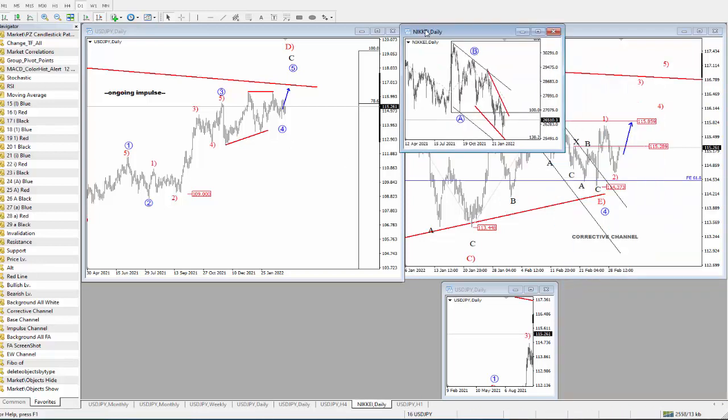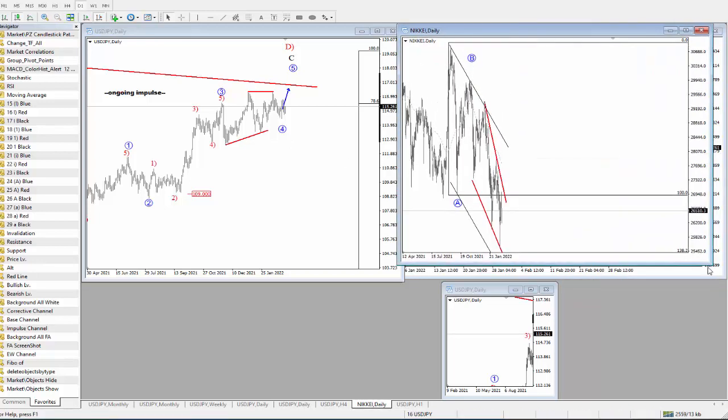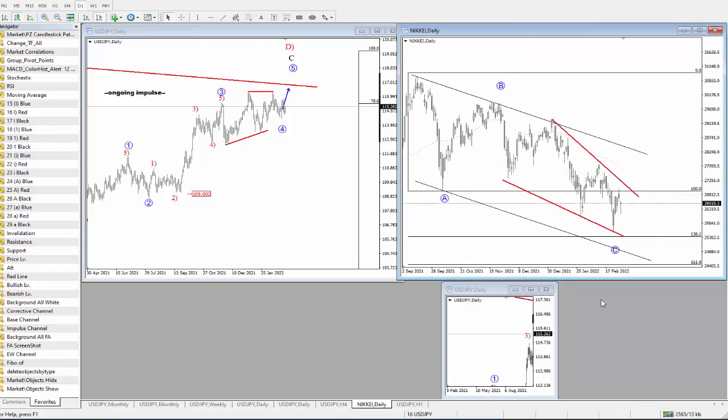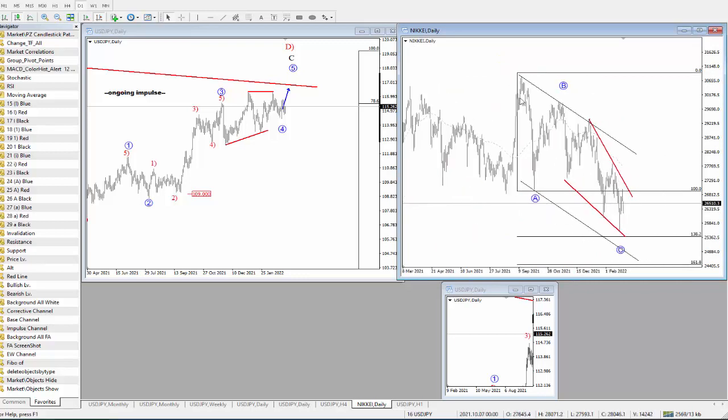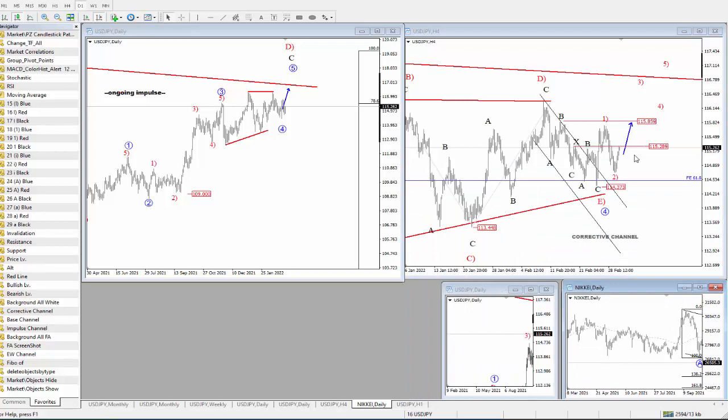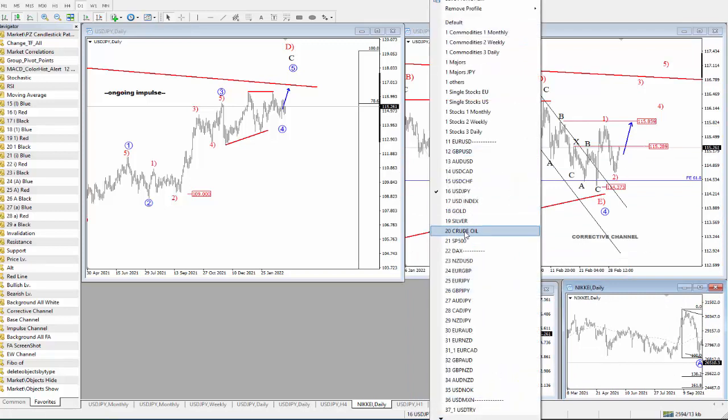Also, whenever we are looking at dollar yen, it's very good to look at Nikkei as well. What I'm looking at in Nikkei here, notice that there is a chance that you count this drop in 3 waves with an ending diagonal in this wave C. I think that's a very interesting pattern, especially if this upper trend line is broken. Then more gains could occur, which could have a positive impact on dollar yen for more upside as well.